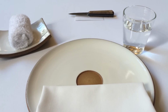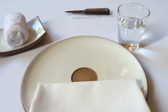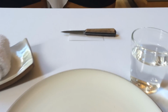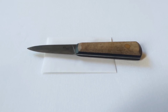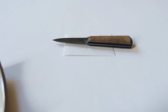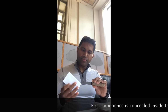It's the very first part of the menu, which is actually quite interesting. It's hidden underneath that envelope, and I would open it with that knife. So that's exactly what I'm going to do. So, the hotel, nice compliment, nicely presented. So first,